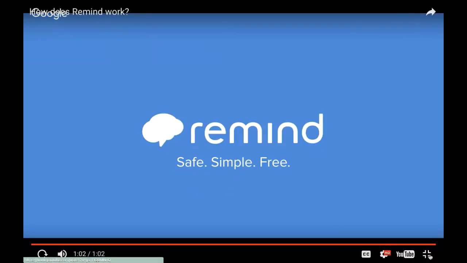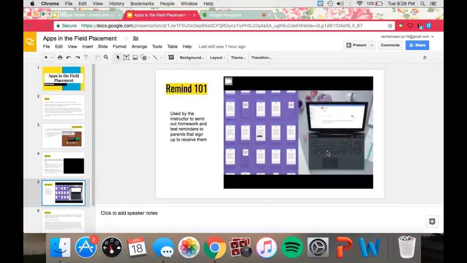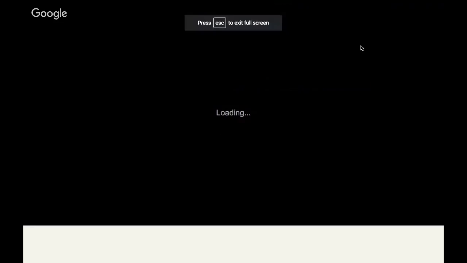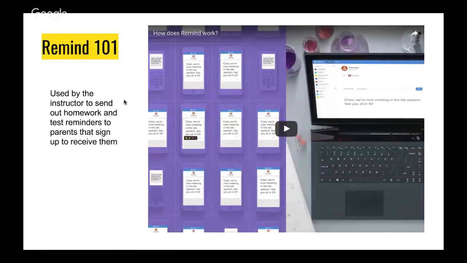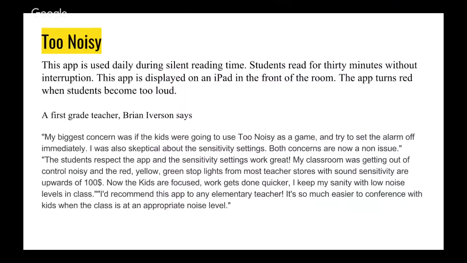Alrighty, so that's a great effective way for teachers to contact parents and students, and it's also a very safe way and allows teachers to then not give out their personal information, like their cell phone number. So that's a great way for them to keep in contact without crossing that line of the awkwardness of parent-teacher